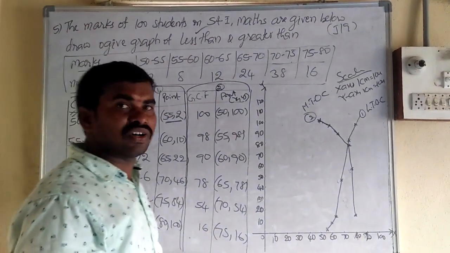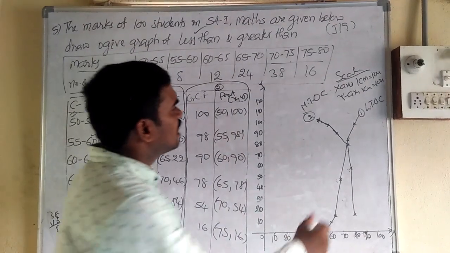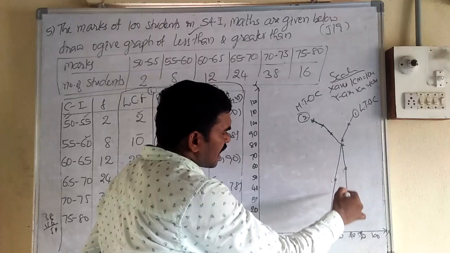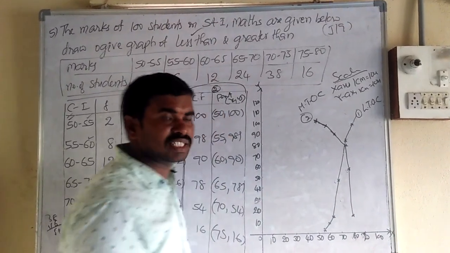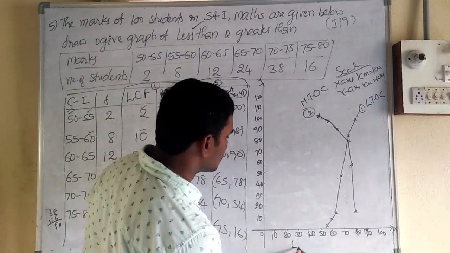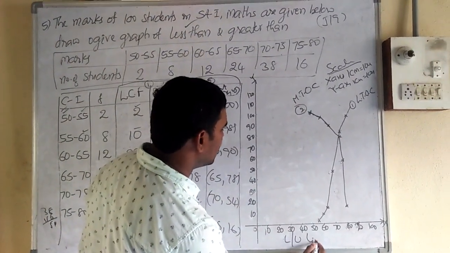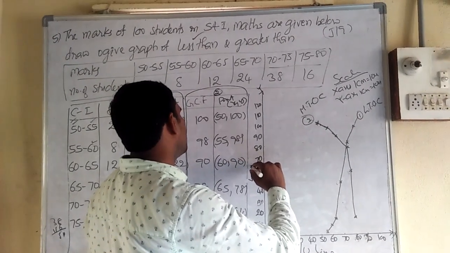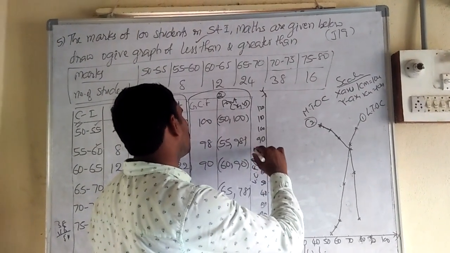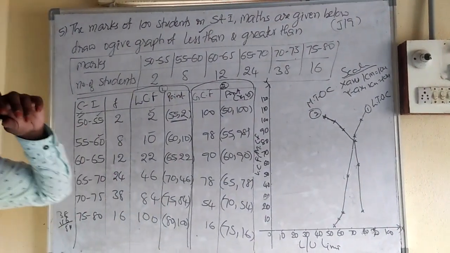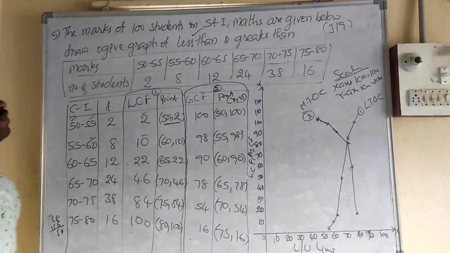And if you want the median, we can also find it from the intersection point. From the intersection point draw a line, and wherever it intersects the x-axis, that is the median. Here we have taken lower and upper limits, both. Less than cumulative frequency and more than cumulative frequency both are taken. So these are the ogive curves. These are very important.